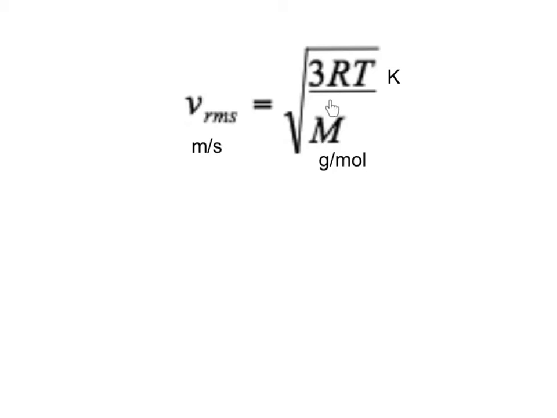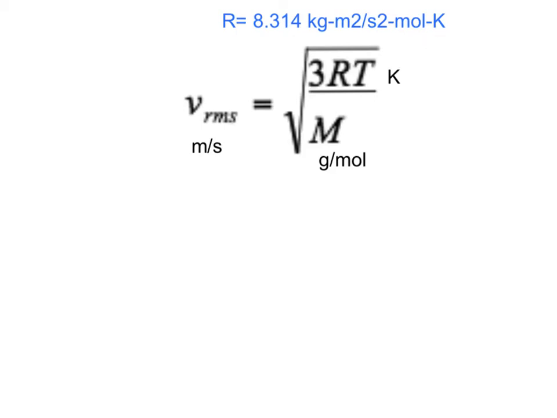So you can probably recognize that the value for R that we're used to using with the gas laws is not going to work in here because, first of all, there's no mention of any pressure. We've got grams to deal with, as well as seconds and meters. So we have a different value for R that we're going to use in this equation. This value for R is going to give us mass in kilograms, meters squared per second squared, so that will line up for our meters per second for our root mean square speed,